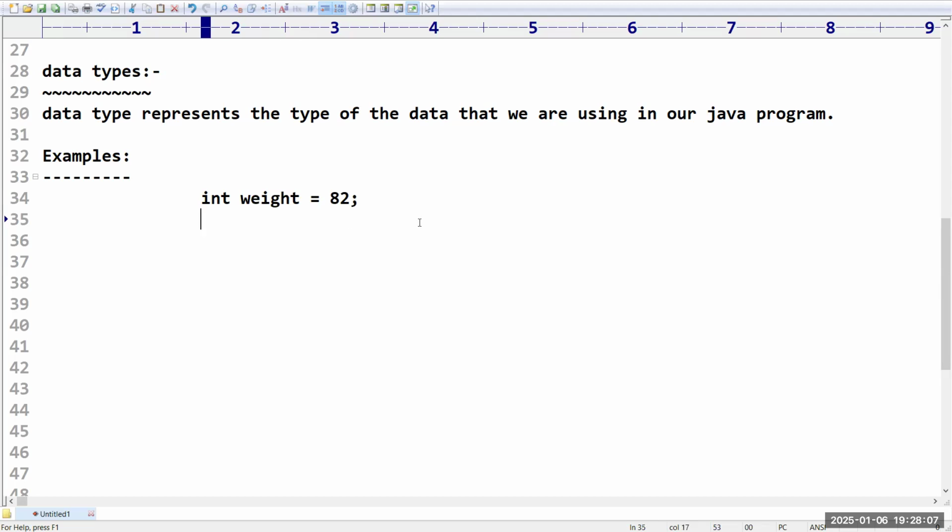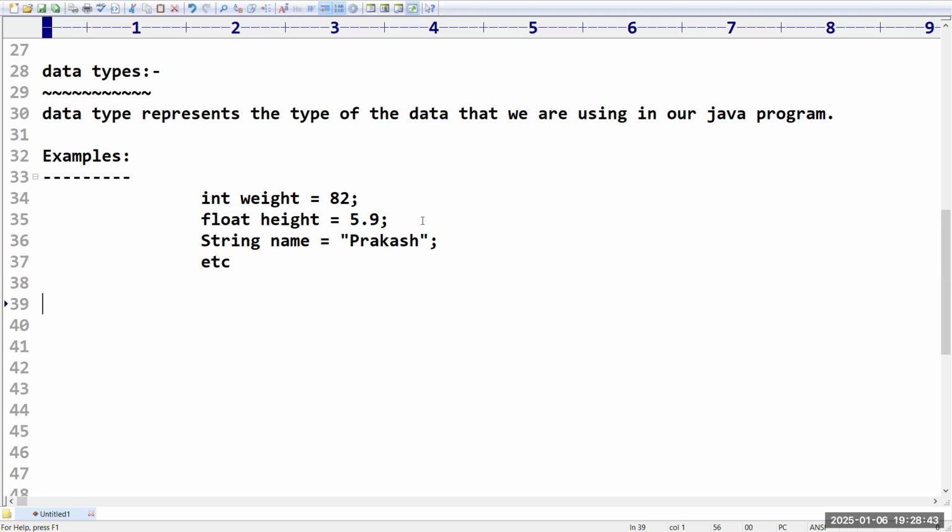Next, I want to represent the height of a person, maybe 5.9. Have you observed? It is not in integer format. It is in a decimal point representation, hence it is called float, a floating point value. Next, I want to take a person's name, something like Prakash. What type of data is it? It is a string. Like that, you can take any type of data.